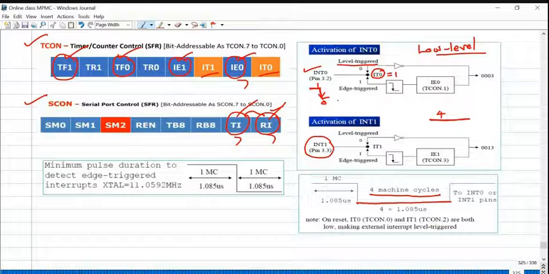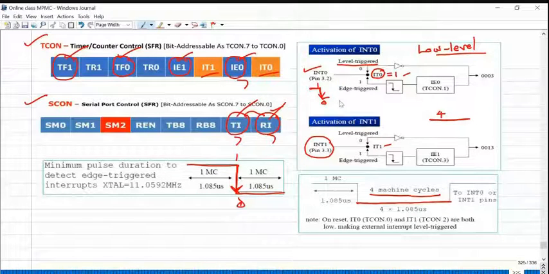This is in normal condition. Or by programming IT0, IT1, that is if IT0 equals 1 or IT1 equals 1, it is assumed as edge trigger, particularly negative edge trigger. It's very important. Please remember. For negative edge trigger, it does not matter how long the pin is on time or off time. Whenever it goes through a 1 to 0 transition, the interrupt will be recognized. This applies to external interrupts INT0, INT1.